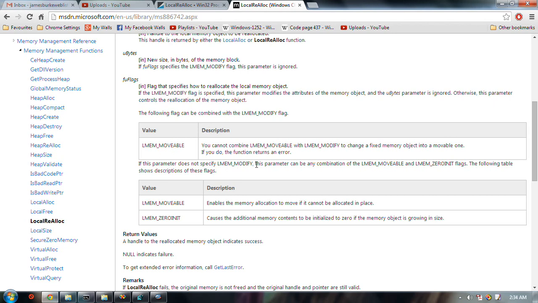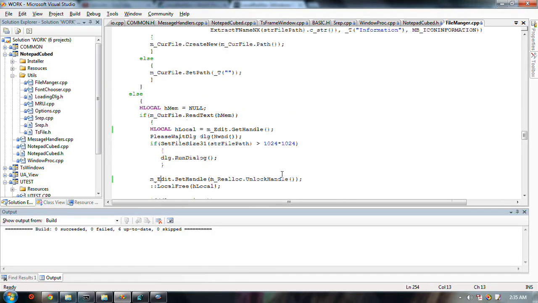If it does not specify modify any combination, well, that's where we already saw. So basically what it says is, if it starts out fixed, it remains fixed, and you can never change it from being fixed, ever. And the modify thing cannot be used to modify anything about it. It's just there to give you hope that maybe it's possible, but you cannot use it for the only purpose you would ever want to use it for. Fair enough. So I went and rewrote the thing,